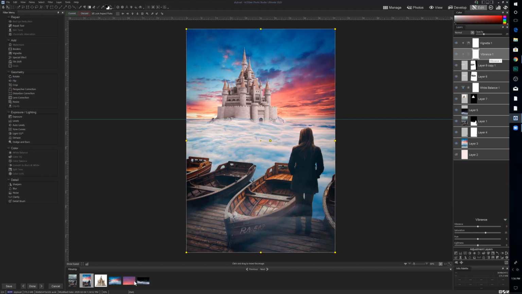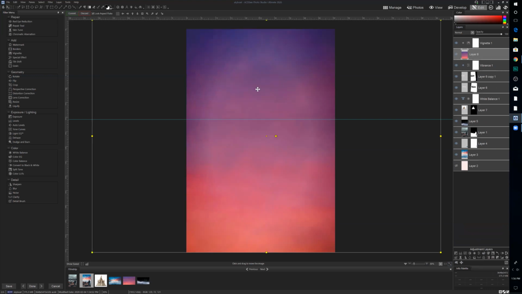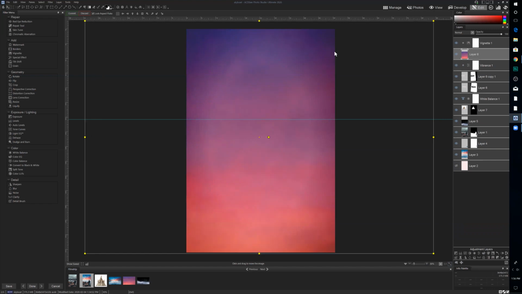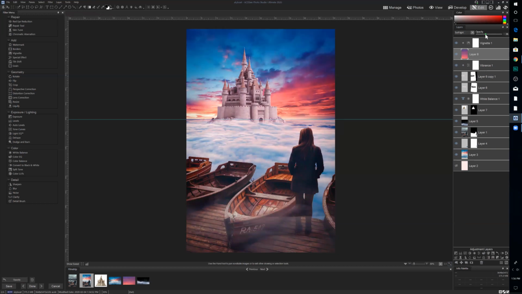And then what we may also do is take this really nice gradient cloud layer that I have. I'm going to place it at the very top of our image here, right there, beneath our vignette. And then I think I'm going to apply, let's say, soft light, and see how that looks, reducing the values on that. What I want to do with this effect is really just further blend and make